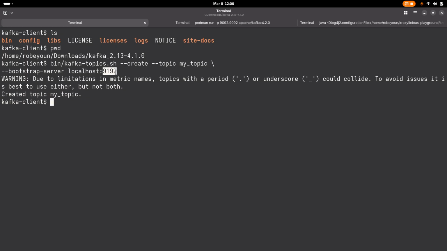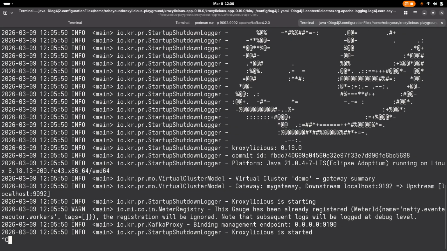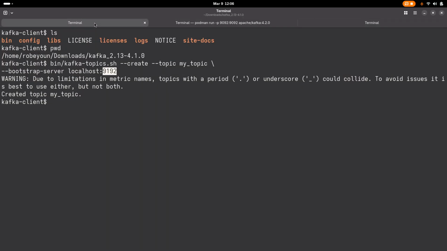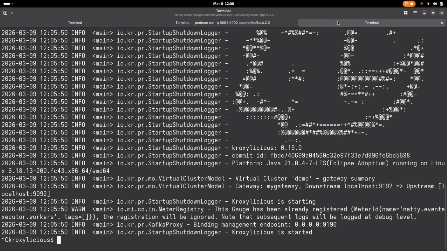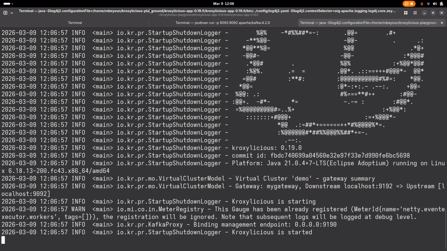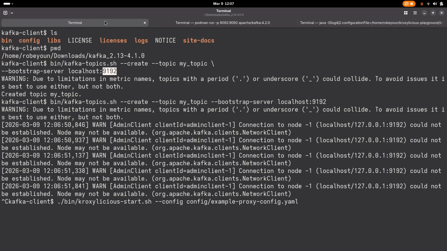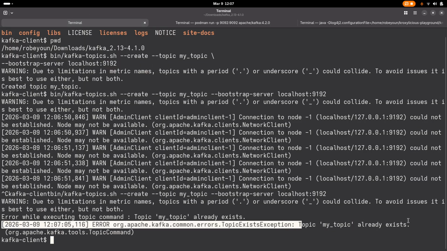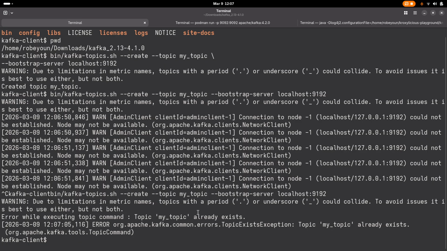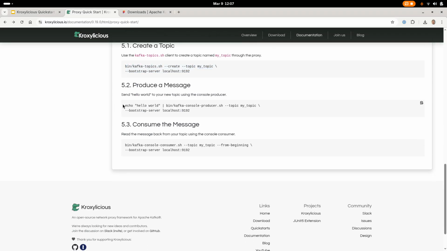So 9192 is the proxy, which I will just confirm by shutting down the proxy process and then trying that command again. It should fail because there's nothing listening there anymore. And then if we were to go back and start the proxy up again, then our command should succeed in a way. It will fail to create the topic, but it means it got through and discovered that the topic already existed. So it's able to connect. So there's just a little bit more evidence that the proxy is actually doing something and was involved in the chain. Then we can produce a message to that topic